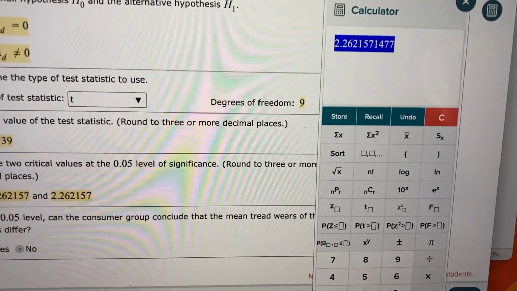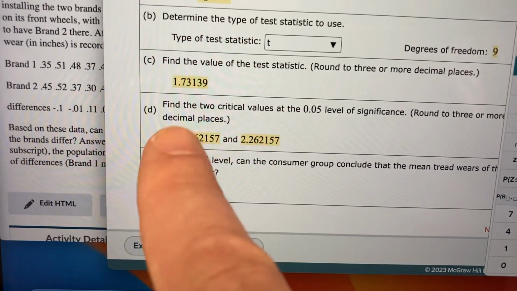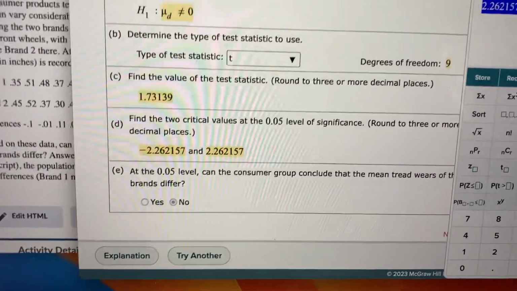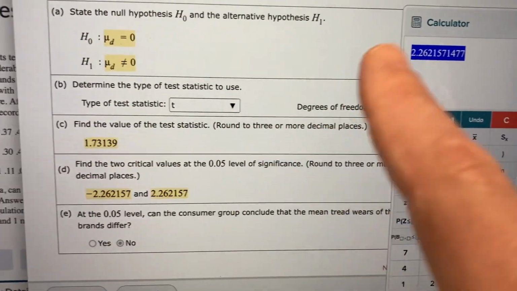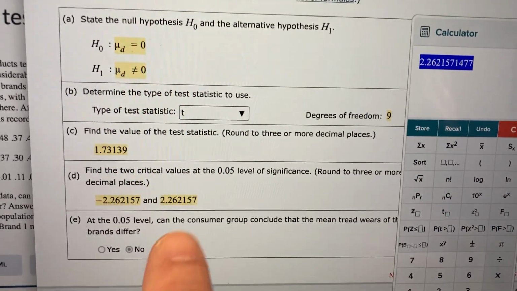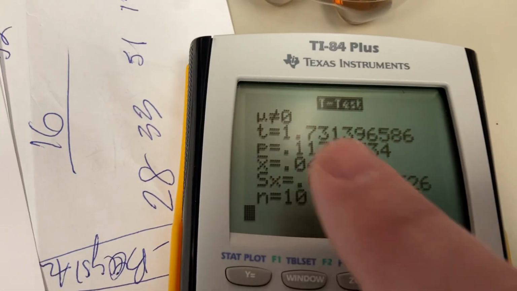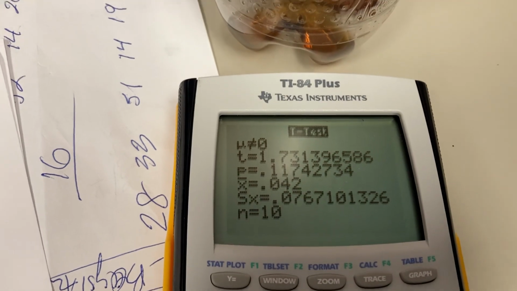Now, I have to make sure that I understand that there's both a left side and a right side. So one's negative, one's positive, okay? Now, in all of the work that I've done, when I do the videos, I draw the distribution and I put the critical values in. So you'd be expected to show both those. And on the test, you'd be expected to report the p-value and show the test statistic. Okay, now,